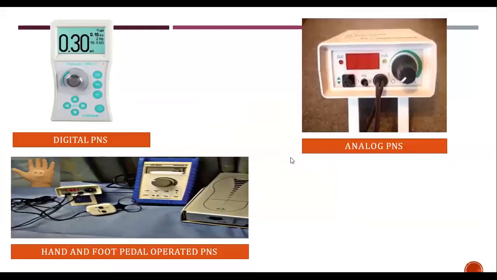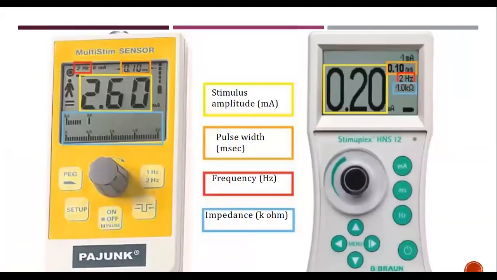So this is a digital PNS and this is the analog PNS, and this is the hand and foot pedal operated PNS. And these are the displays. What is shown is the stimulus amplitude in milliamperes. It is shown in yellow color. This is shown here, and then the pulse width is shown in